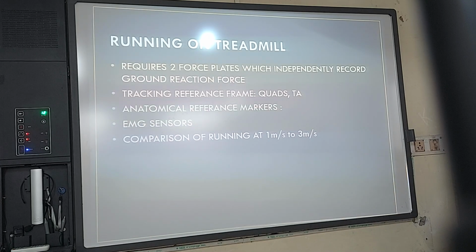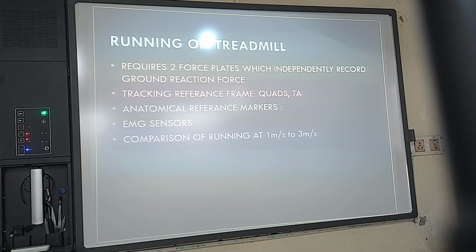And anatomical reference markers: we use the medial malleoli. We never use the lateral malleoli, because the fibula is said to be an extra bone, as it is mostly absent. It is not present in all. So every time, we check for the anatomical markers which can be used for every person, on average, a human being. So we take the medial malleoli as a marker, or the medial joint line. I can take ASIS as a marker, PSIS as a marker. These markers are taken so that we can understand what kind of movement is taking place at that point.